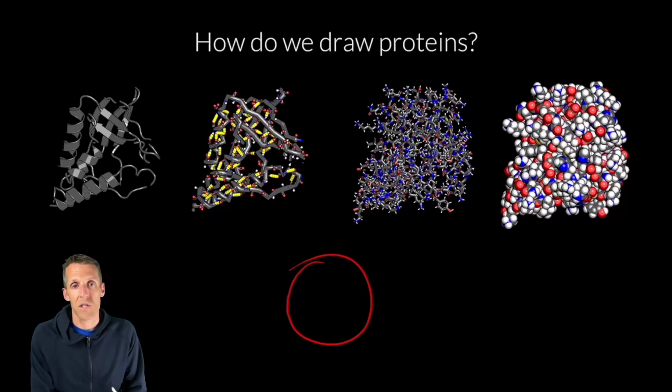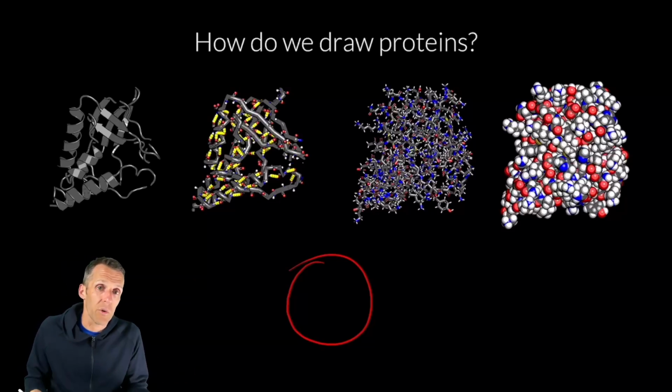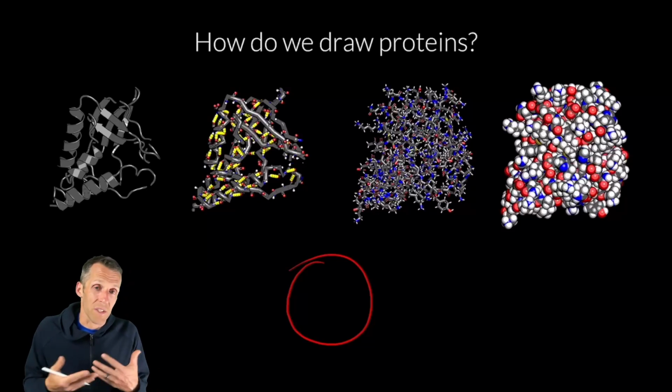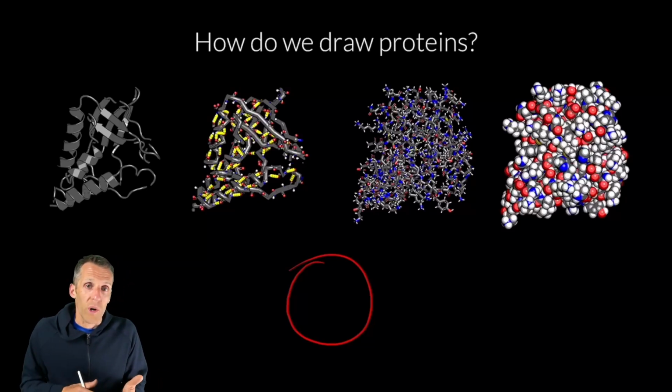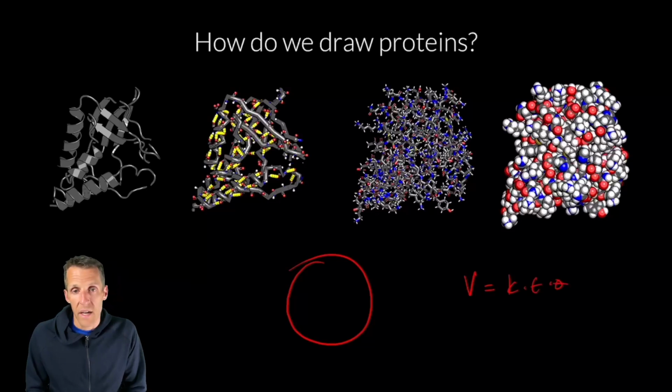If you're a cell biologist just describing some kind of network in a cell, maybe all you need is to say there is a protein here. It doesn't really matter what its structural features are. Or if you're at the more physicsy side of things, maybe you write out some protein as an equation, right? You say, oh, there's a velocity of some reaction and some enzyme concentration and some theta. And so you're actually using a mathematical model to describe how the protein works.